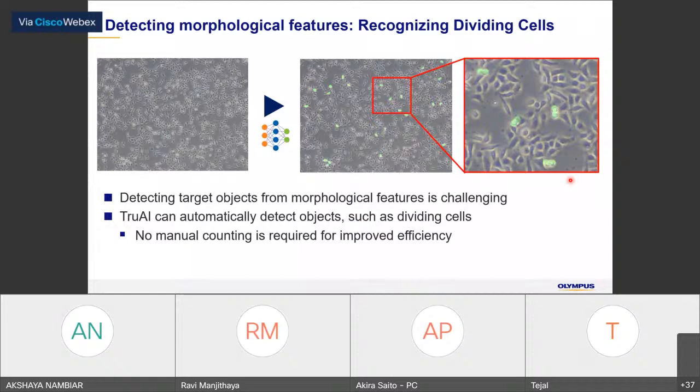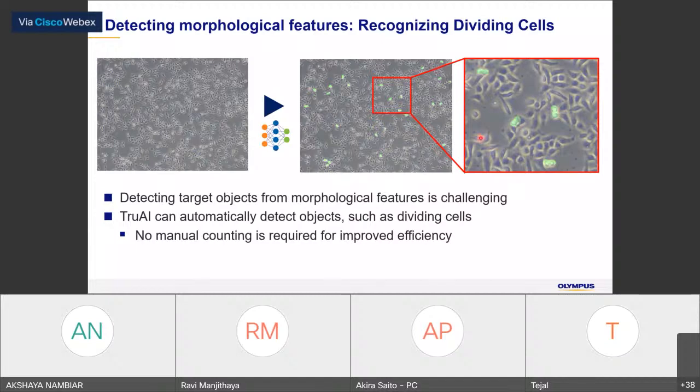So it might be difficult, by using the intensity information or color information, to identify this kind of metaphase of the cells in the phase contrast image.